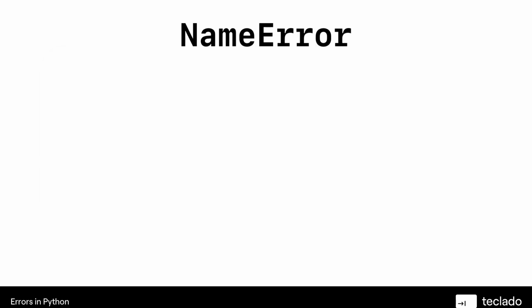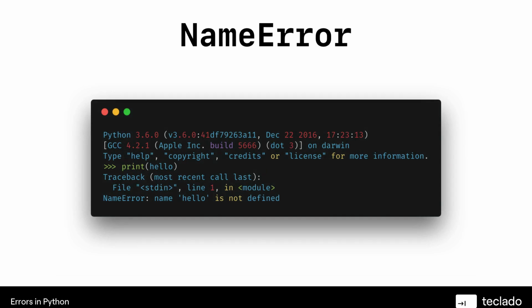We also have name error. The name error happens, as we saw earlier in the last video, when the variable is not defined. So here I've just launched Python and I said print hello, the variable hello, but of course hello is not defined, so I get a name error that says name hello is not defined. Of course,